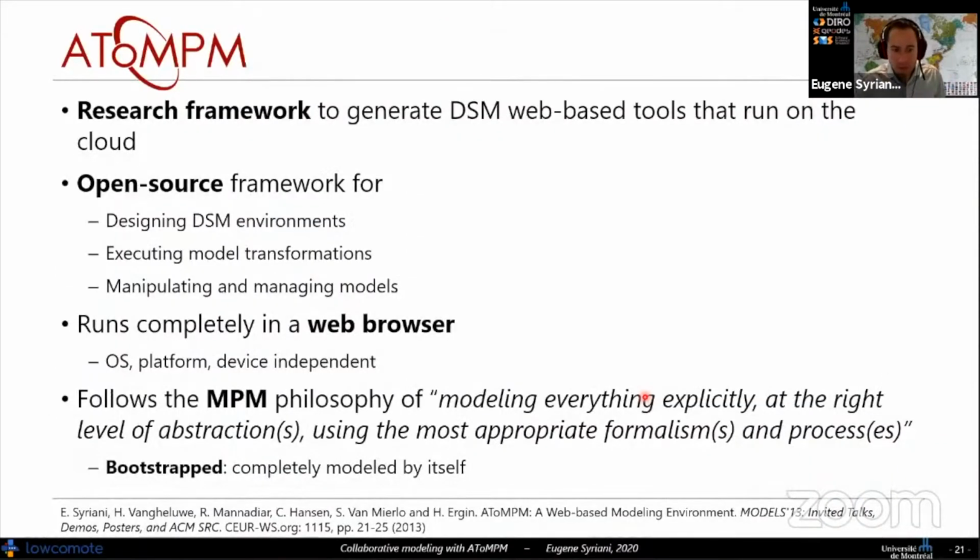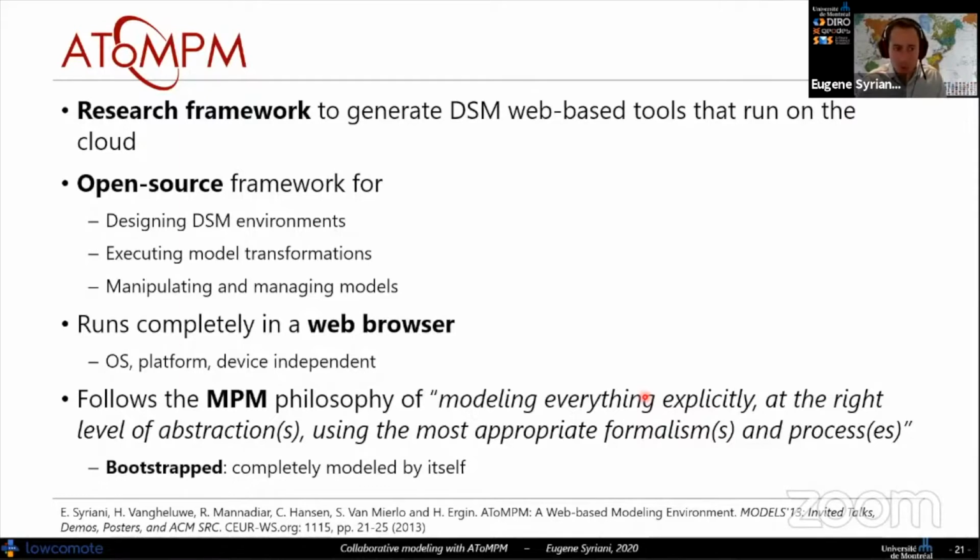Here are some words on it, some introductory work. You have to recall that if you decide to use AToMPM, it's a research framework. It's not a full-fledged commercial tool. So beware that it may have some non-user-friendly decisions that have been made by the accumulation of the different students and researchers that have been working on it.